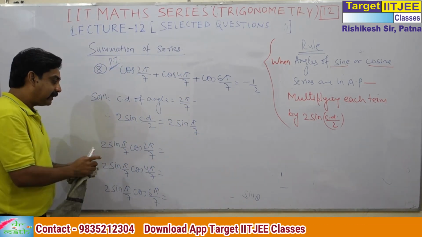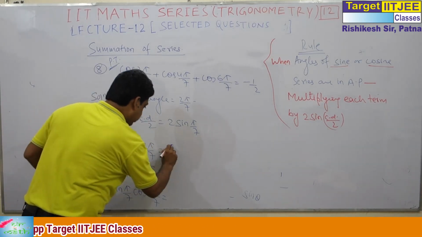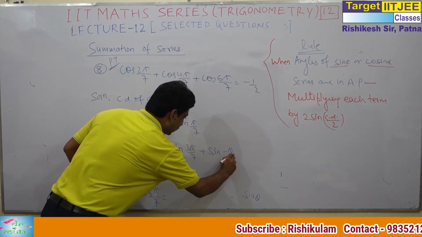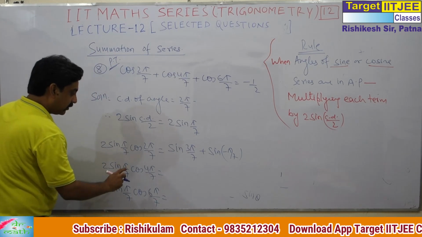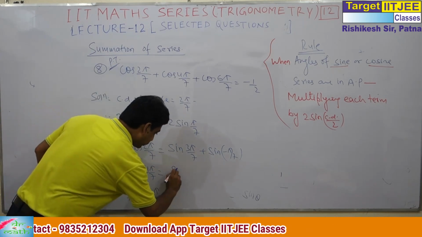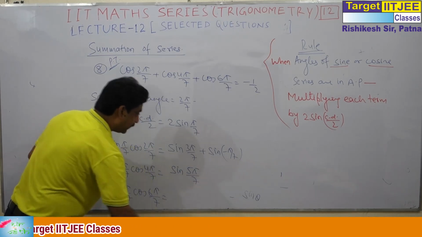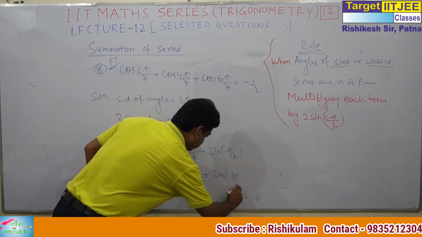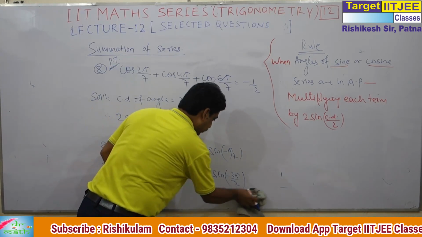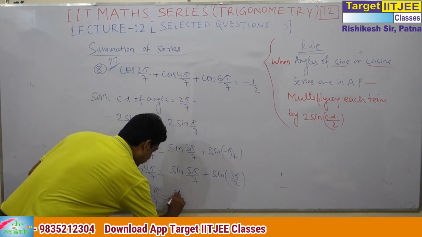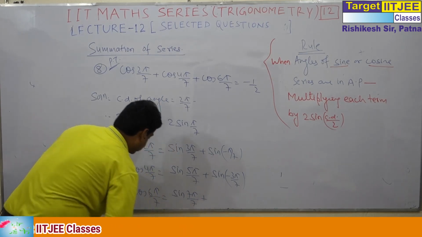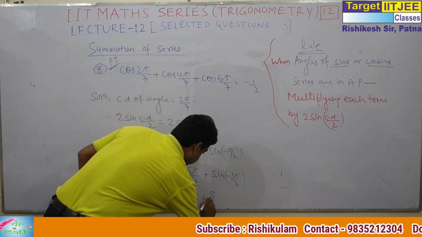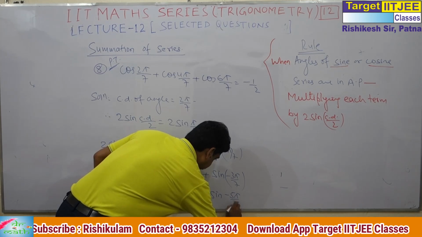Now, what is 2 sine A cos B? 2 sine A cos B is sine A plus B plus sine A minus B. But A minus B is negative here. So 2 sine A cos B is sine A plus B plus sine A minus B, which gives sine minus 3 pi by 7. And again, for 2 sine A cos B, this is sine 7 pi by 7, that is pi by 7 plus 6 pi by 7, sine 7 pi by 7. And on subtraction it is sine minus pi by 7.